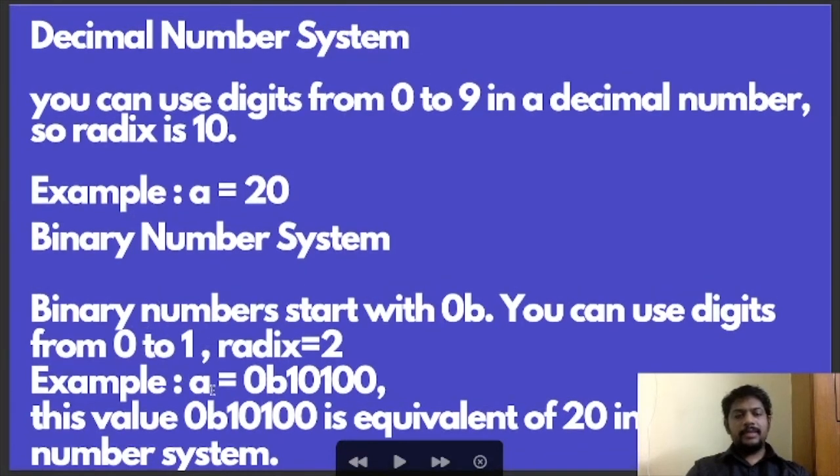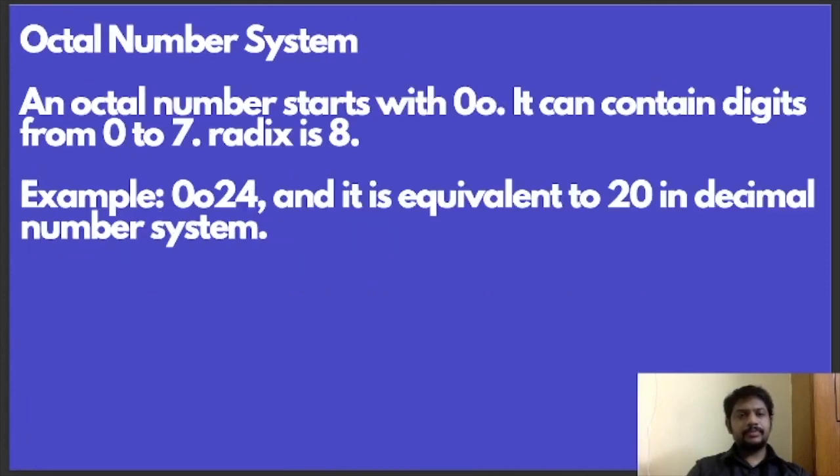One example is a equal to 0b10100. This is equivalent to 20 in the decimal number system.